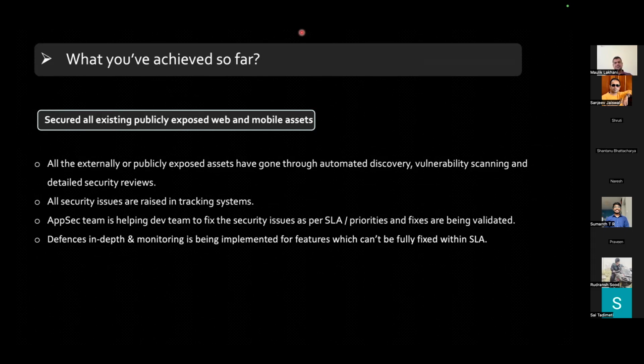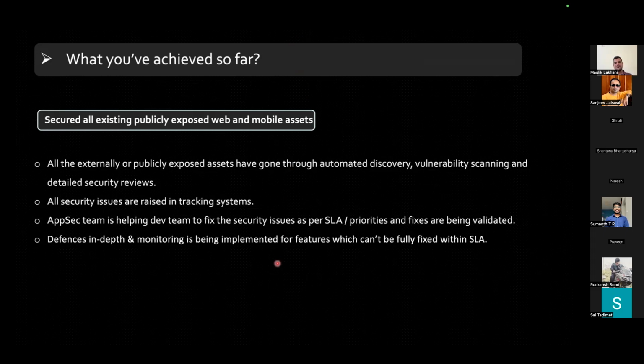Depending on your asset type, you performed vulnerability scanning, you triaged those security issues, you raised Jira tickets, you defined SLAs and all of that. And your team is continuously helping the dev team to fix security issues as per the SLA or priority. People say that we don't have bandwidth, no worries. This was supposed to be fixed in a month, no worries. Let us fix within 3 months. But let us also start putting counters in terms of Jira tracking, saying that this is out of SLA but needs to be fixed in 3 months, something like that.